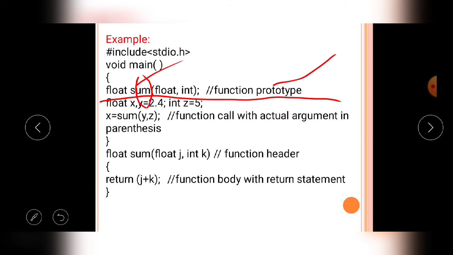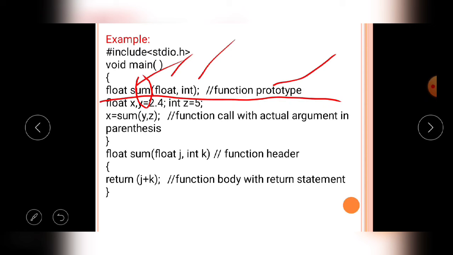The second one is how many arguments it receives. The sum function receives two arguments, that is two variables, two values. Values, arguments and variables are the same here.